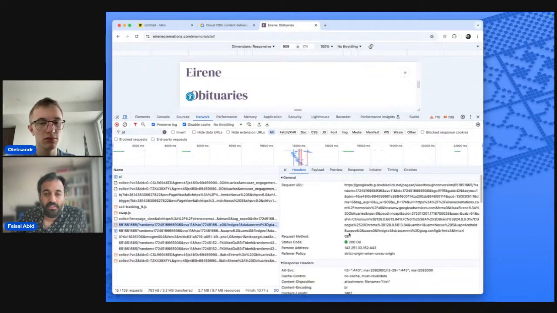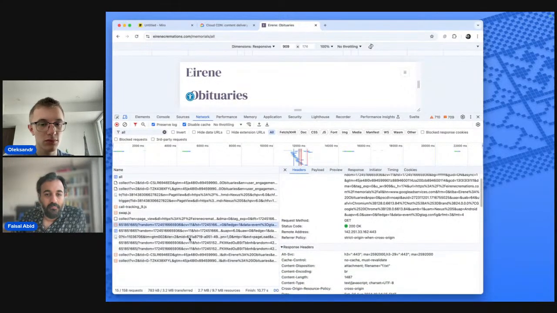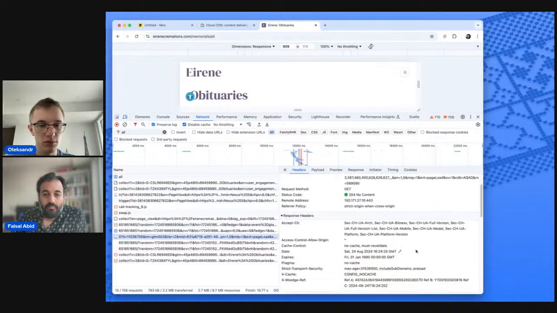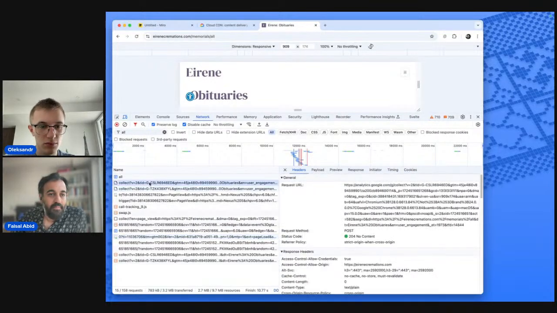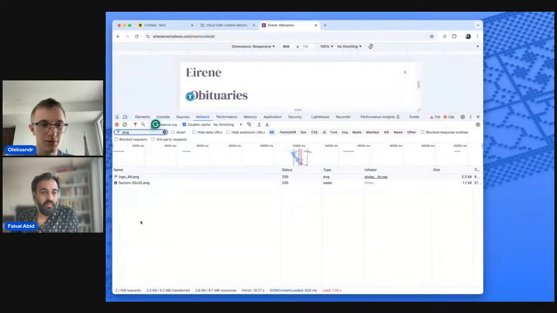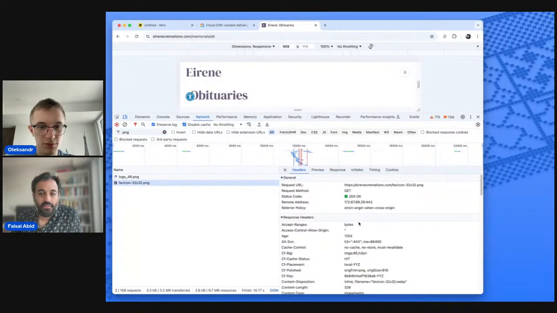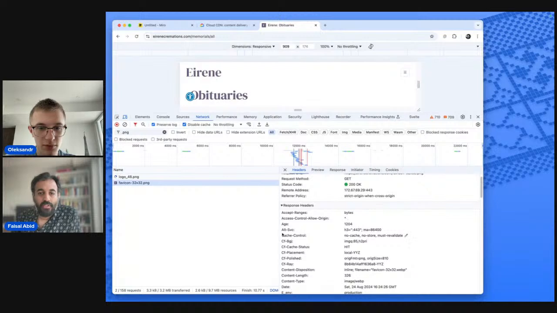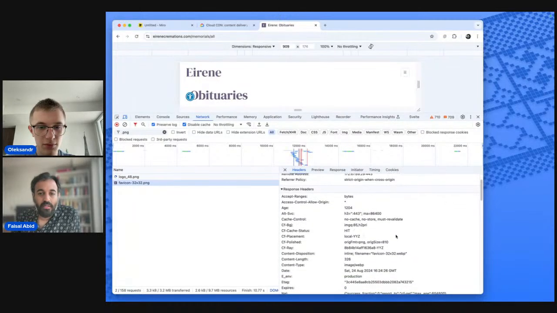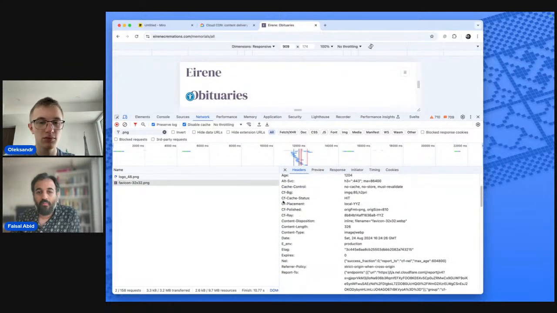I can find content that's cached here, like, let's see. All these are not cached. I might have some cached. Oh, I know, a PNG. Yeah, this is going to be cached. Actually, I think this cache control is wrong. I think it is being cached, because otherwise it wouldn't be. Oh yeah, there we go. This is just Cloudflare controlling the cache, ignoring this. But what you see here is, yes, it cached it from a CDN, and my CDN is in local YYZ.